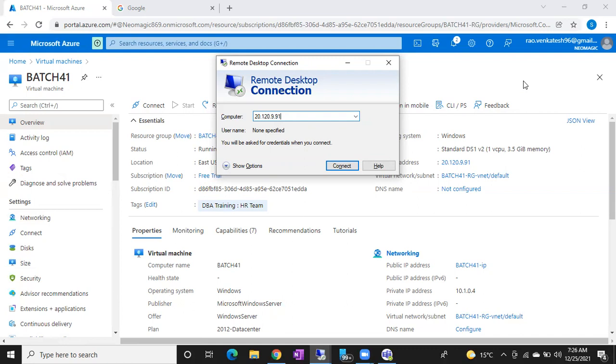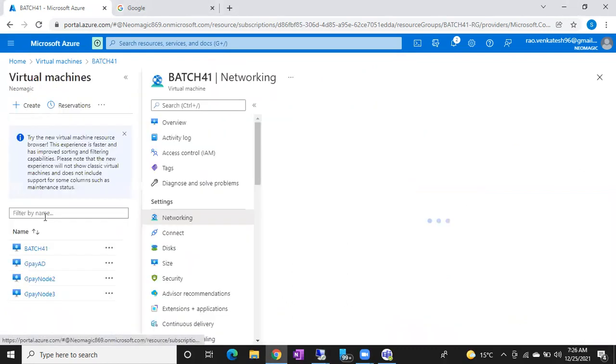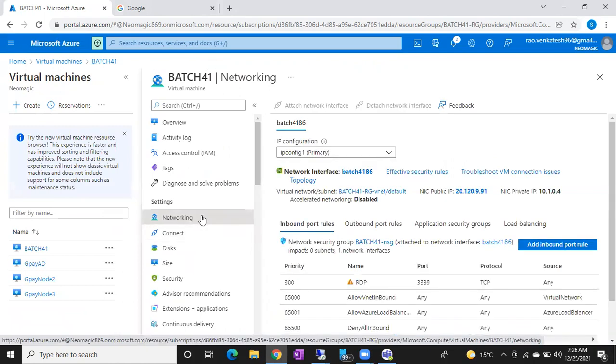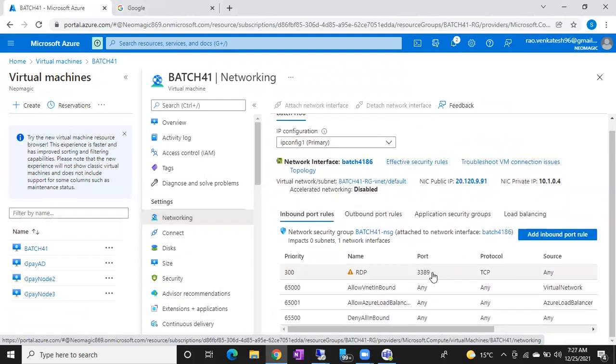Once you have started the machine, if you are unable to connect to the server, go to the networking and check. Port 3389 should be enabled. 3389 is the RDP port.